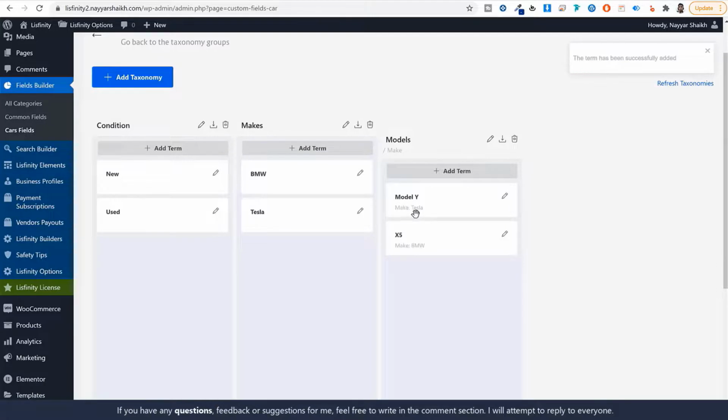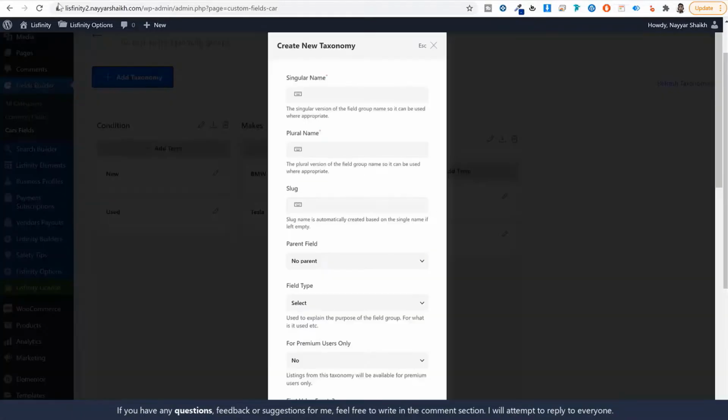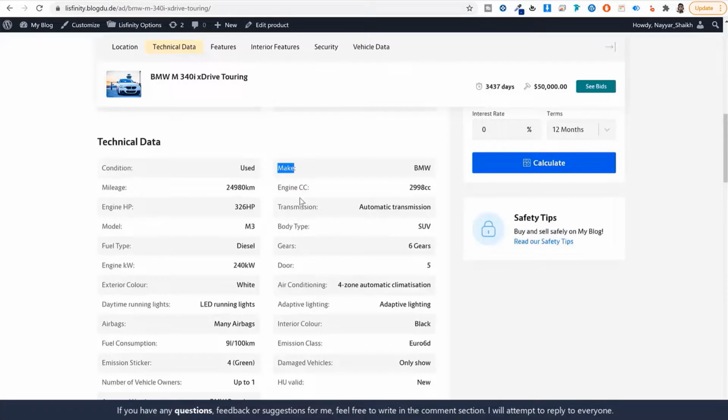Now as you can see under this also, model Y make is Tesla, X5 make is BMW. Similarly, you can add more. For example, click on add taxonomy. We have a few more options like mileage, model, body type. All these options are given to you. So maybe let's add